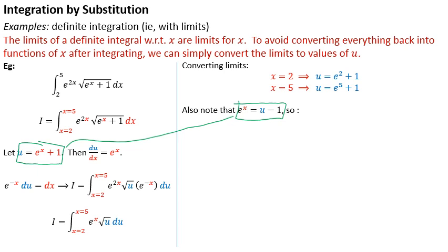u minus 1. So our integral can now be converted to this thing, which has no trace of the x anymore. All we're dealing with is a function of u, a du, and two limits which are limits in terms of u. You can think of this a little bit like a graph that's been transformed in some way. If you move a graph to the right and then you take the integral and you want any kind of connection between the integral you're taking for your new graph and the old graph, the limits also need to move